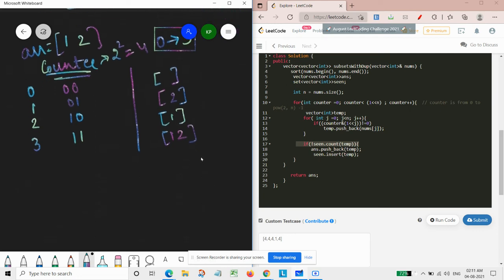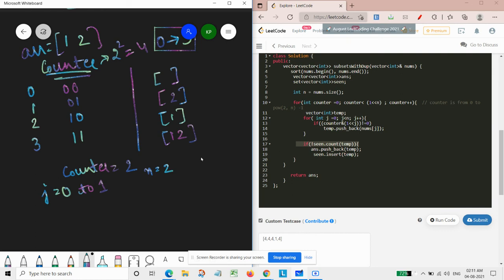So if we take an example where our counter is equal to 2, let's go from j equals 0 to 1 because we have n equals 2.